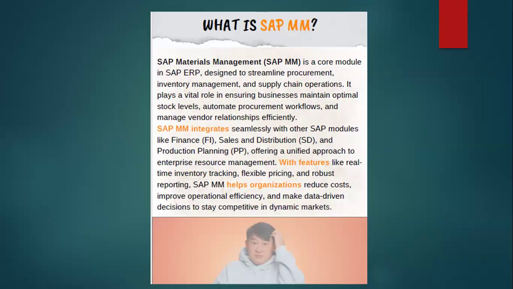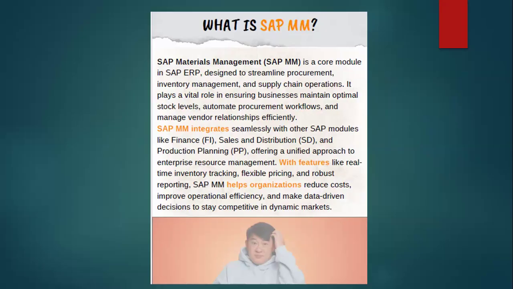So we will be coming to our main criteria of SAP MM. SAP MM means Material Management, a core module in SAP ERP that is designed to streamline procurement, inventory management, and supply chain operations. It plays a vital role in ensuring businesses maintain optimal stock levels, automate procurement workflows, and manage the vendor